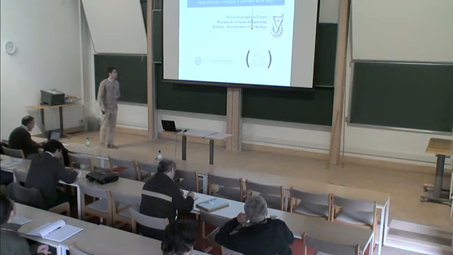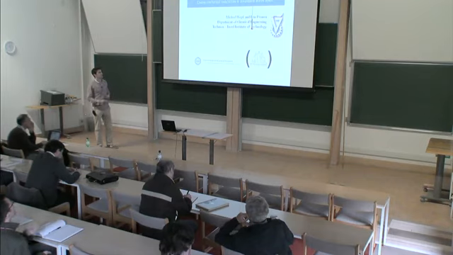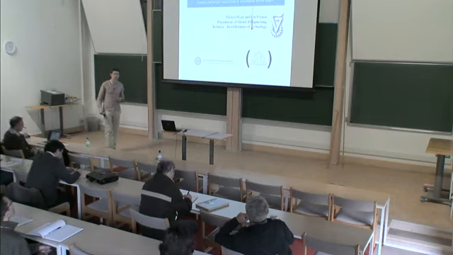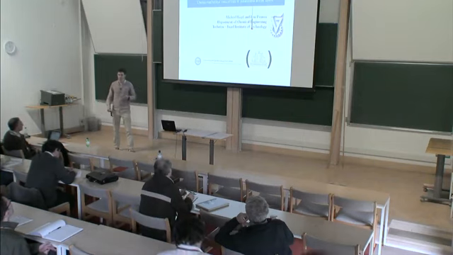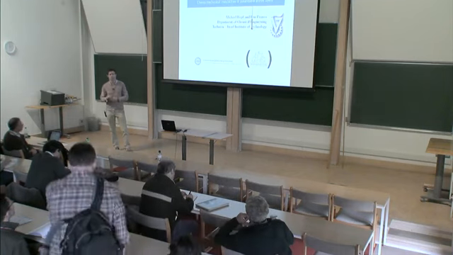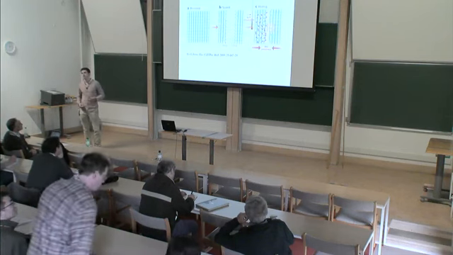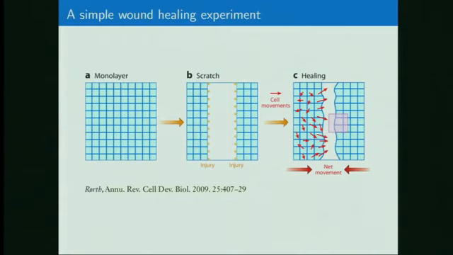So let me begin by introducing the motivation behind our mathematical model. What we are interested in is wound healing. And when I say wound healing, I'm not talking about the messy and complicated process that sets in when you, for example, cut your finger, but I'm looking at a simpler and more idealized situation where a monolayer of cells recovers from damage. You can consider, for example, this simple enough experiment where a monolayer of cells has been grown on a substrate. Then part of this monolayer is scratched away and the experimentalists observe how the remaining tissue recovers